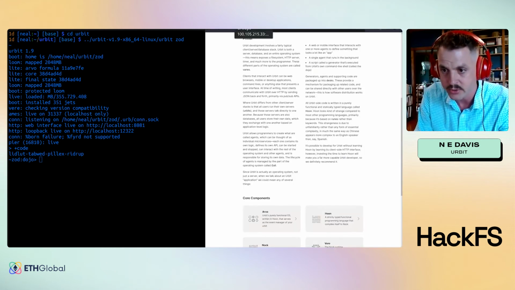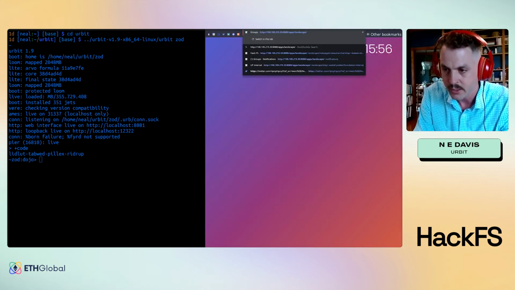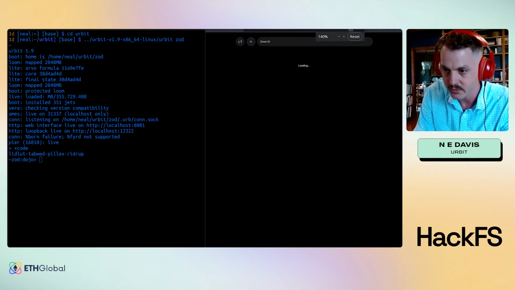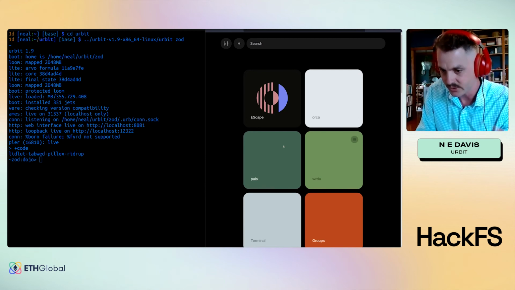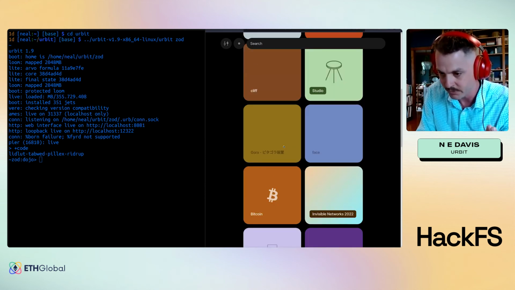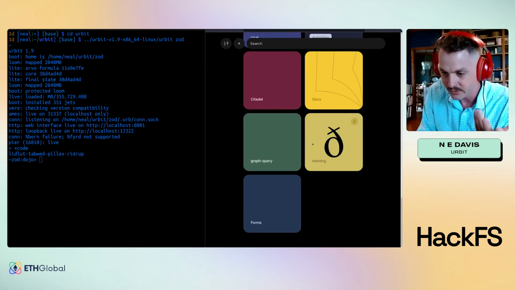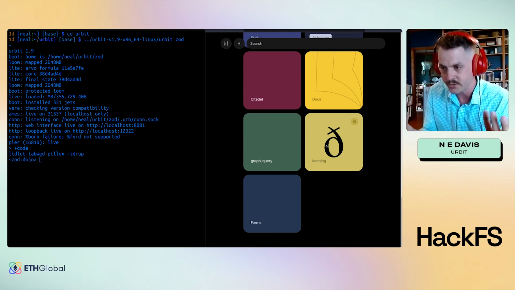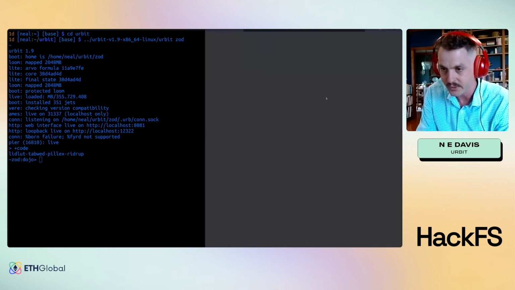But if I go to my personal ship, which is running on the network, then I can show you the kinds of things that are available. There's a lot of applications that other people have built and shared. All of these show up in this single box. All of these are peer-to-peer distributed. It's kind of like BitTorrent, where if someone decides to put something out there, I can synchronize directly with it. So if I click into one of these, like the Docs app, it'll go ahead and open this up.